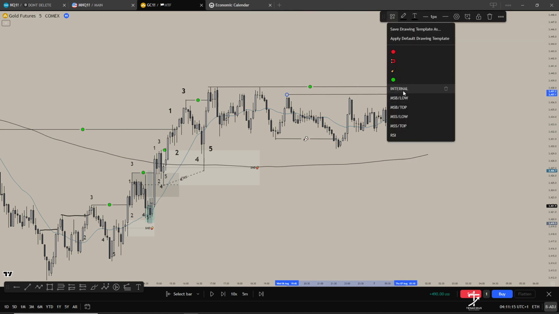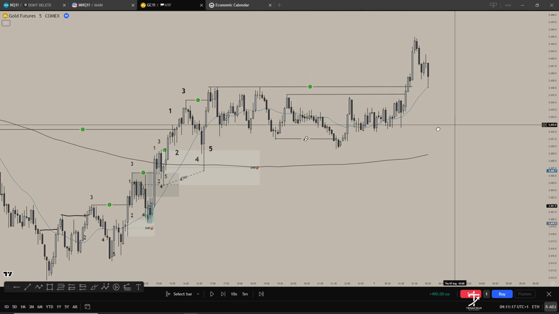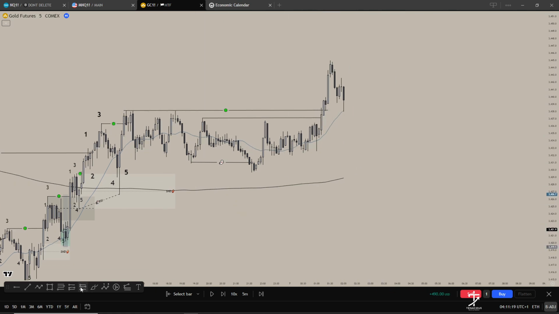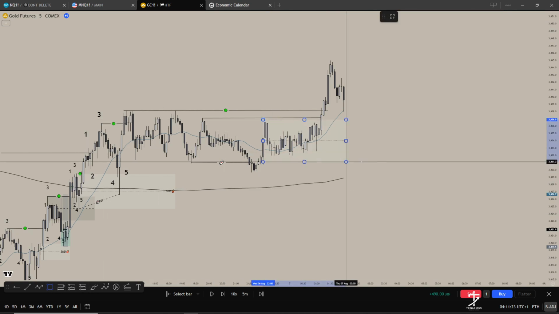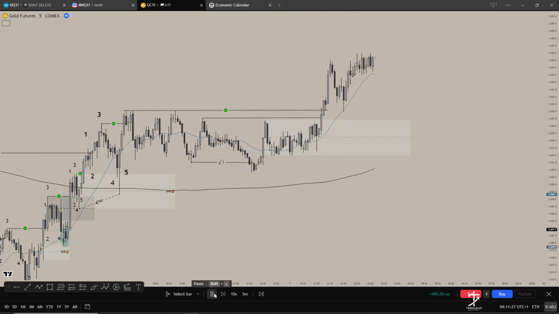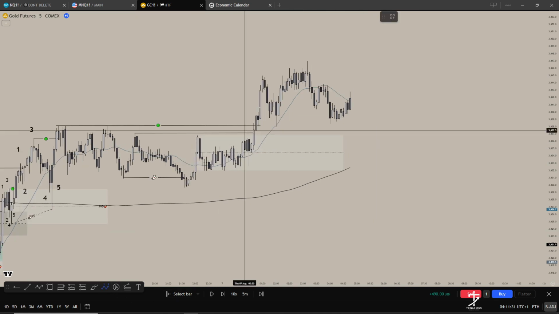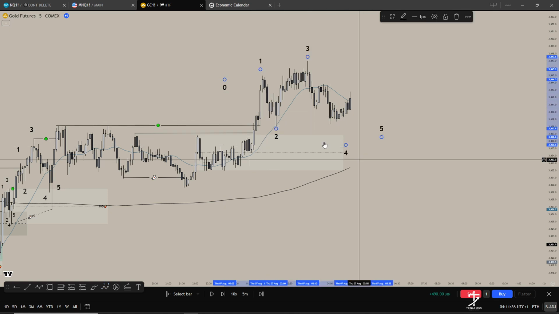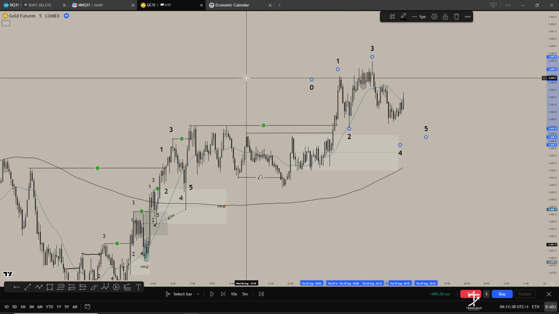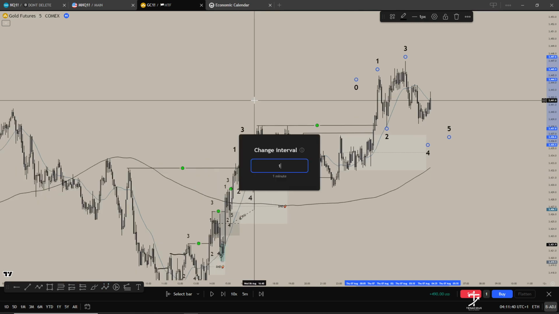So now, we've already taken out the high, so now you can look for a trade from potentially this area here, and hopefully price pushes up. And you can see how price keeps moving up. So now this is your 1, this is your 2, this is your 3, wait for 4, 5. But you can see how just over the course, if I go back to my 1 hour chart,